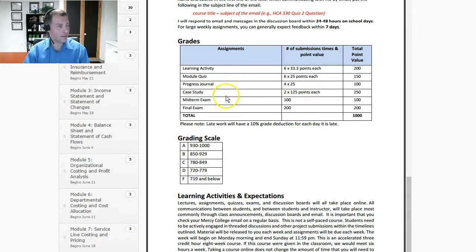So we're going to be having the progress journals throughout the course. It's the easy points. Those are things, just talk to me. You're going to be writing an assignment, but it's the easiest points you're going to get in this course. So please do it. You always want to get those low-hanging points out of the way.